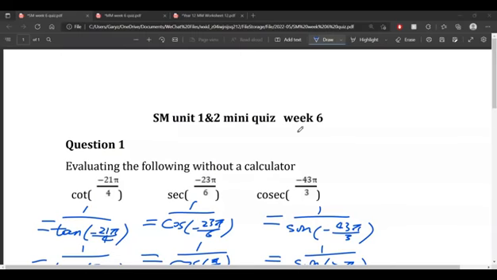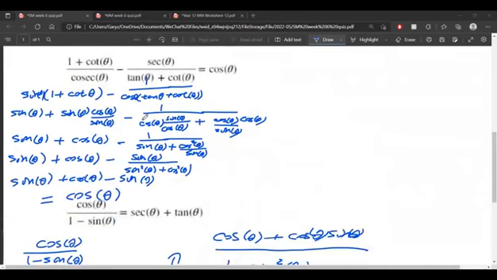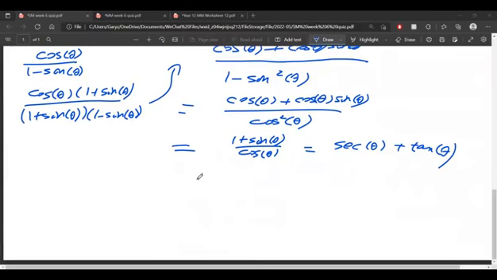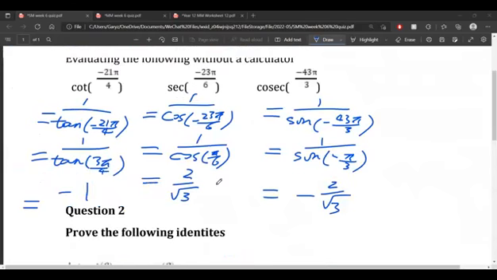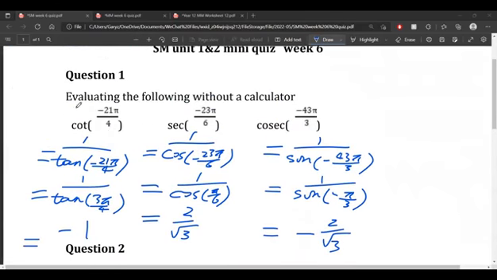Hello everyone, today I'll be going through the Specialist Mathematics Unit 1-2 mini quiz for week 6. As you can see here, I've got my PDF zoomed in a little bit because these proof questions are not fun, basically. All right, so before we get to that, we'll go to question 1, and it's to evaluate these with our